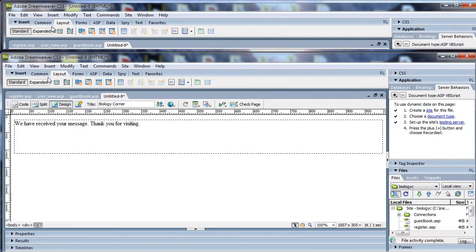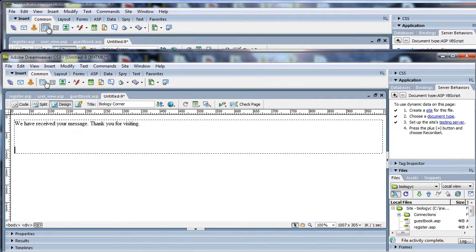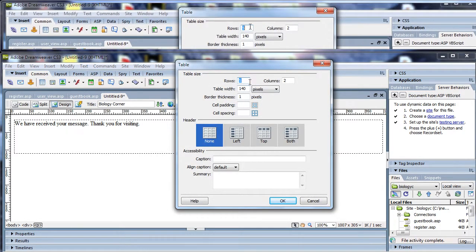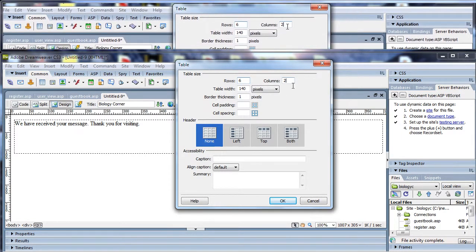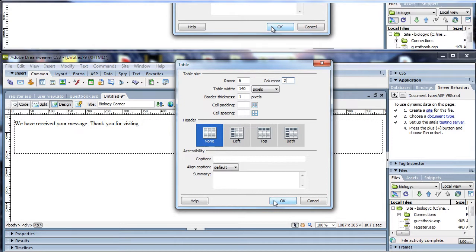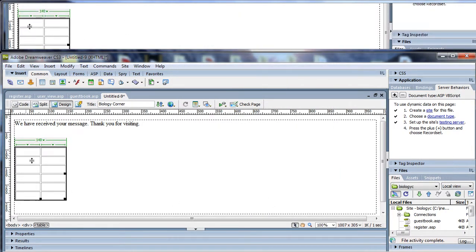And next go to Command and insert table. Rows is 6 and columns is 2 and click OK. First row is for full name.